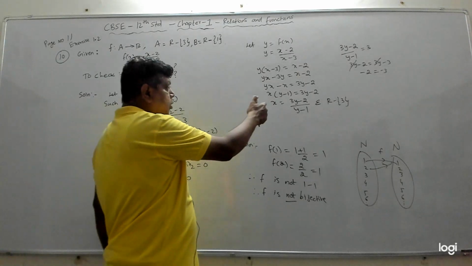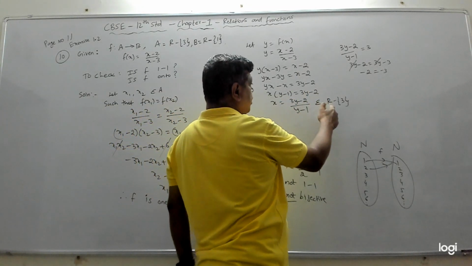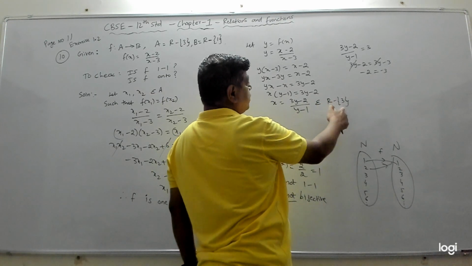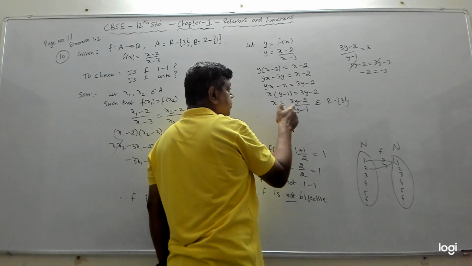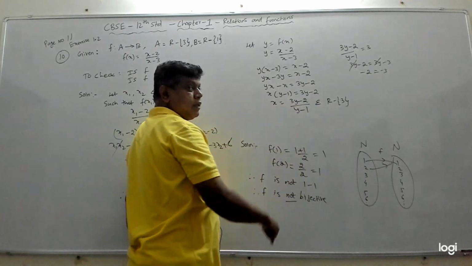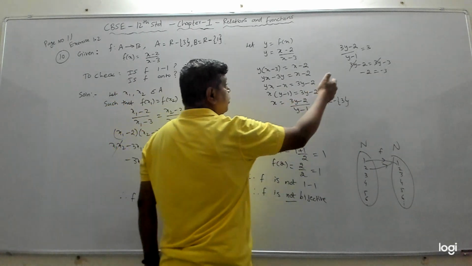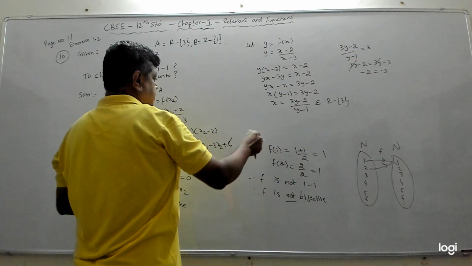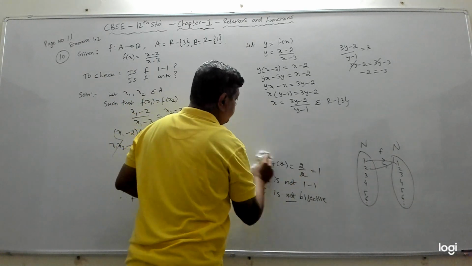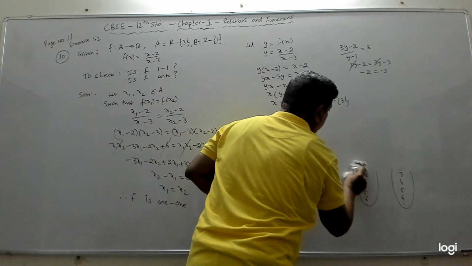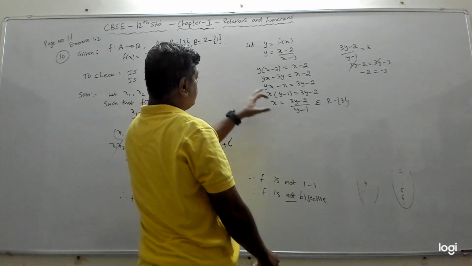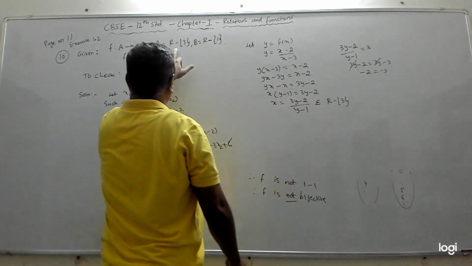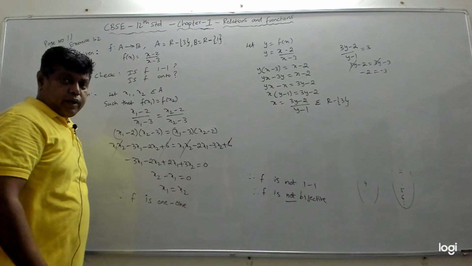We have to show that x belongs to this set. X is in this set because it is a real number, and also it cannot be equal to 3. If x is 3, then we cannot say this belongs to R minus 3. Obviously, when x is 3, we get this contradiction. Therefore, x is not equal to 3. So, x is this. We have showed that for every y we are taking from B, there is such an x, and that x is in the set A, the domain. Therefore, we can say f is onto.